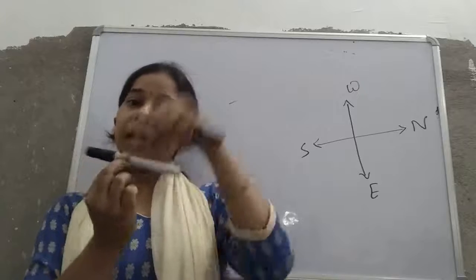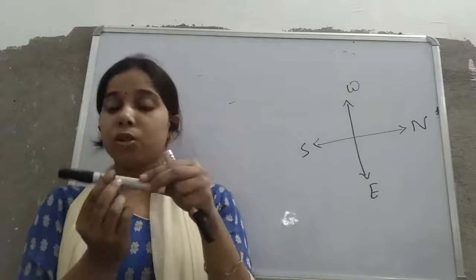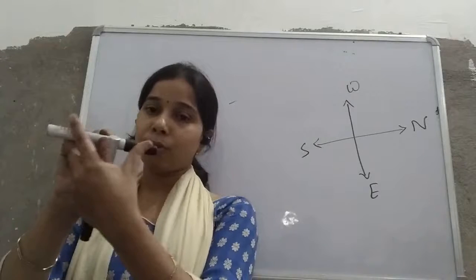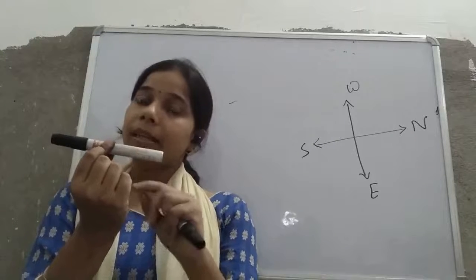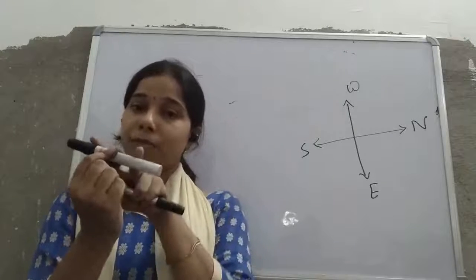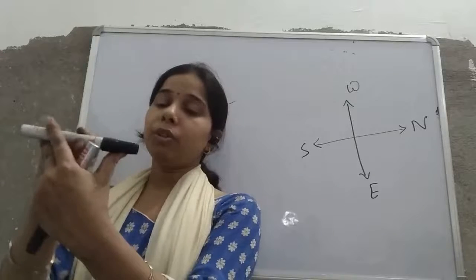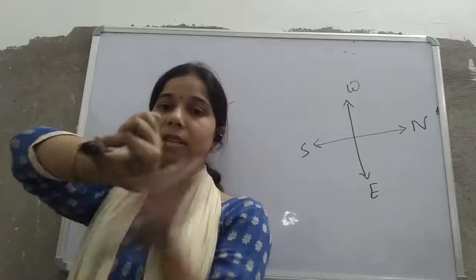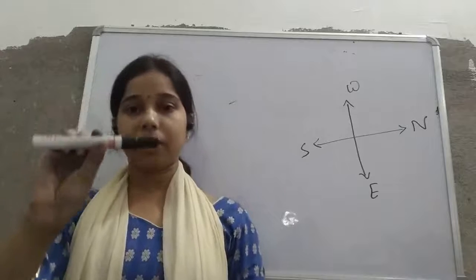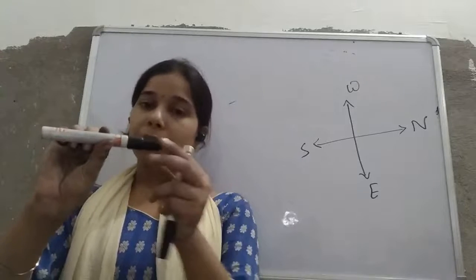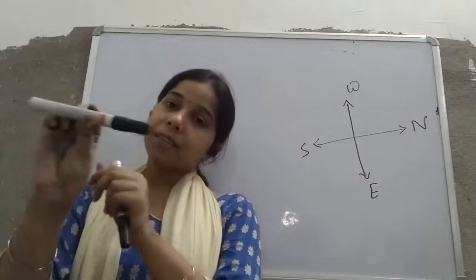Now again when you leave it, it is still suspended with the thread, student, remember that. It was like that before, and you forcefully changed the direction with your hand to this one. What you will see is that as you leave it and it becomes free, it will come back to the same direction. Again you change the direction to the east and west direction. Then when you leave it and it becomes freely suspended, again it will come to the same direction. Then you move it to another direction, and when you leave it, again it will come to the same direction.